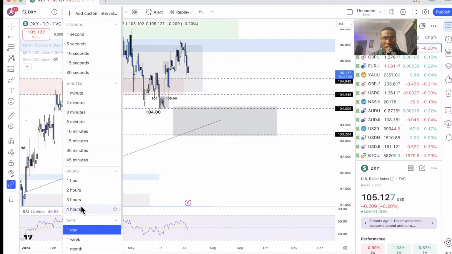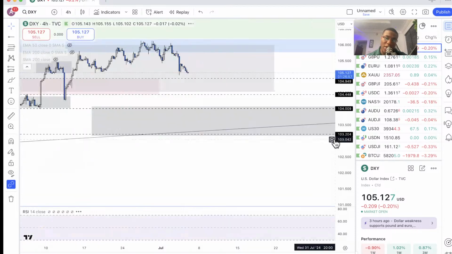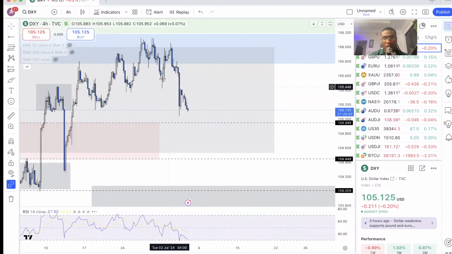I'm going to zoom in to the 4-hour time frame. And what I mean by correlation with other pairs is when you're trading the dollar, if you're trading, let's say, GBPUSD, for example, let's just give this a second to load so I show you guys what I'm about to explain. Okay, so if you look over here, you'd see